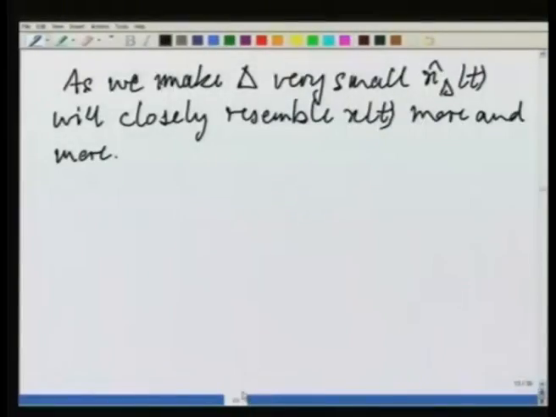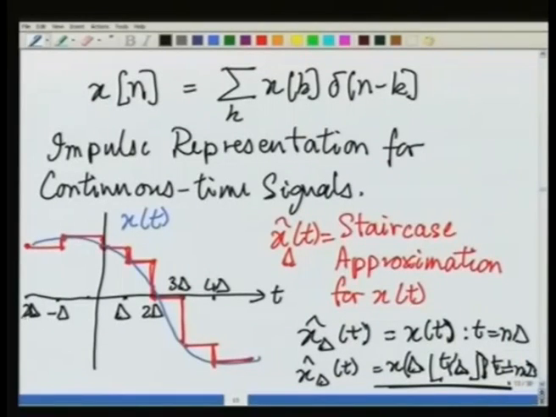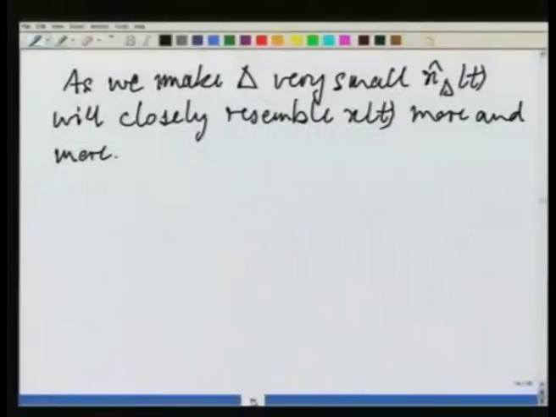The nice thing about x hat delta of t is that it has only finitely many different values within a finite interval of the time axis. If we go back to the earlier figure, we find that in this interval of the time axis from -2 delta to approximately 4 delta, we have 1, 2, 3, 4, 5, 6 different values of x hat delta of t, unlike the original x t which had an infinite number of different values in this same interval. So, in some sense we have reduced the problem of continuous time signal representation to something that resembles the discrete